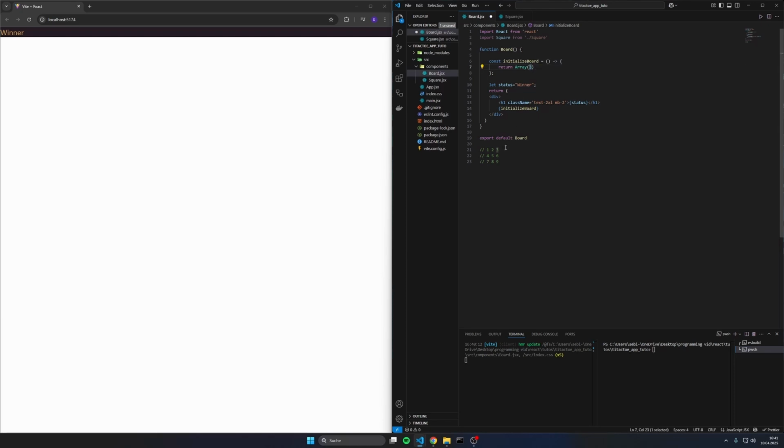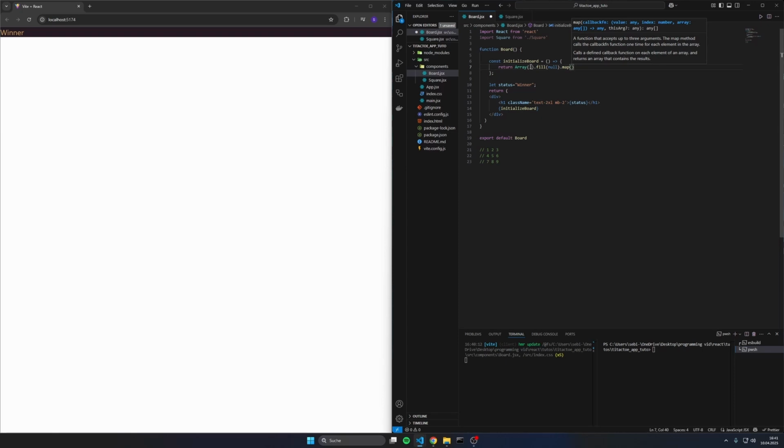So it's basically these 3, and then we can say fill each of those slots with null, and then we can map over each of these 3 slots